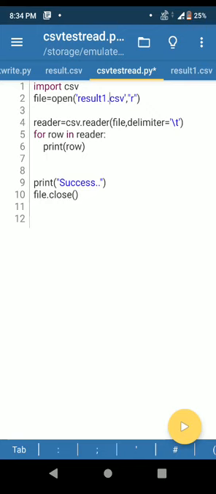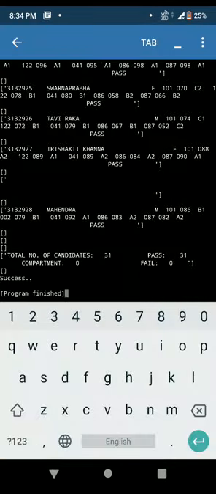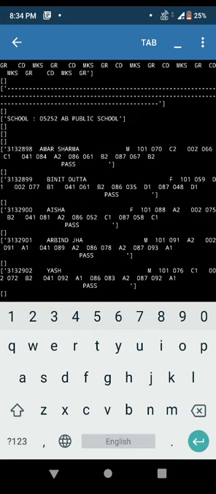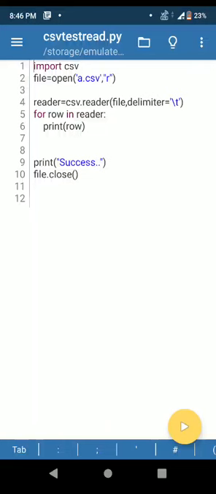Now iterating inside reader object and then I am printing each record. Now run this program. So you can see it is printing result of every student. So we have learned how to write data in CSV file and how to read data from a CSV file.